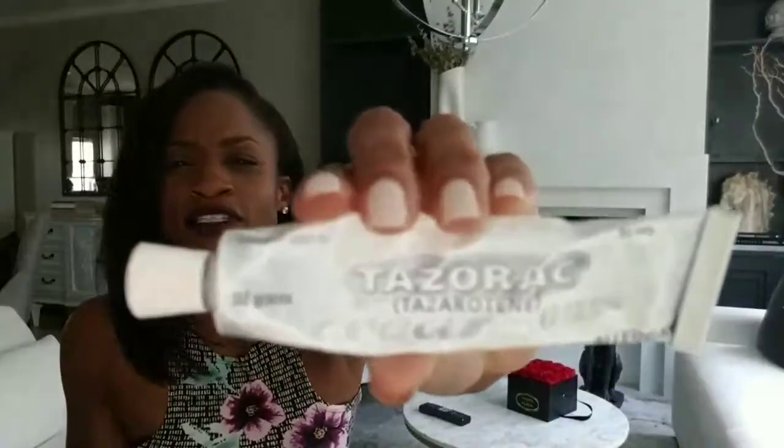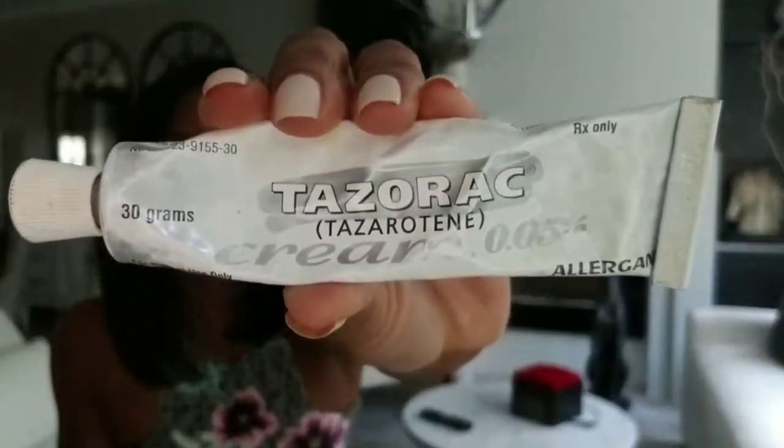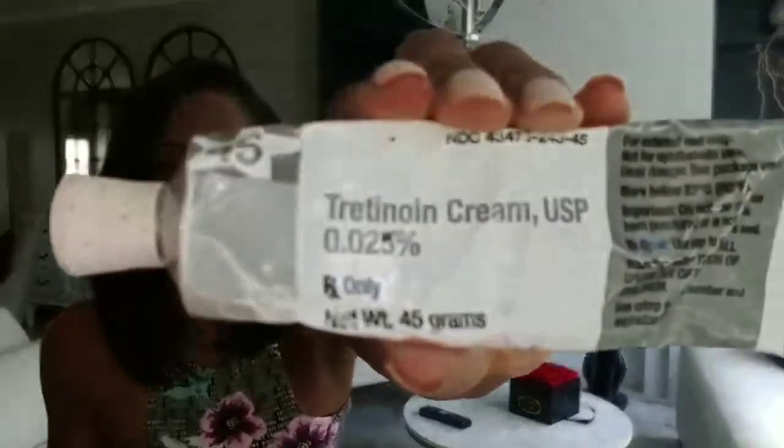So what I have here, just as proof, I've used both of them. I have used almost any medication that's acne, anything. So I'll start off with Tazorac. You have Tazorac, and its prescription name is tazarotene, if I'm saying that correctly. I think I am. And then you have Retin A, and the actual prescription name is tretinoin. Both products help with acne. They help with photo damage. They help with wrinkles,